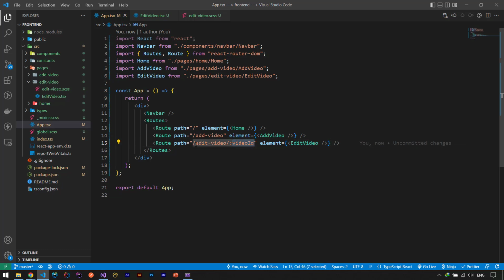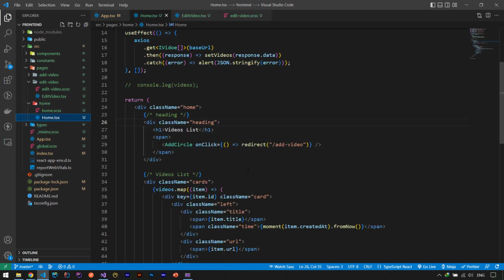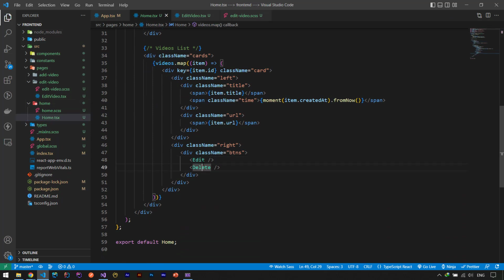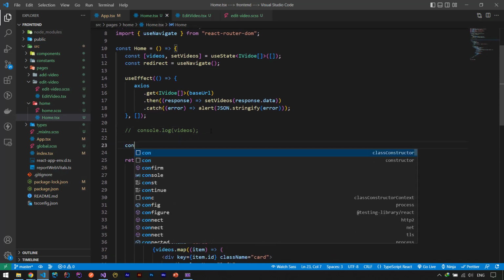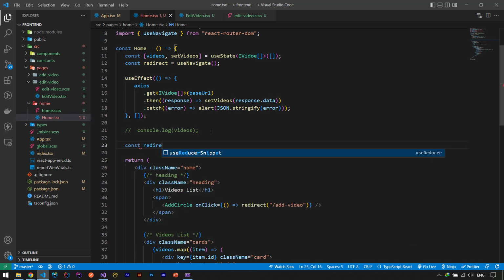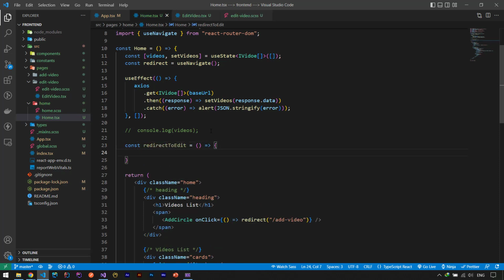This means that this is a parameter. So I now have these parameters. Let's work on it. Inside of my home, I want this edit and this delete to be links to my page. So let's say that inside this edit, you want on click to redirect to somewhere else. So let's create a function for them. Const redirect to edit equals to an arrow function, and it will redirect us to a slash edit video slash